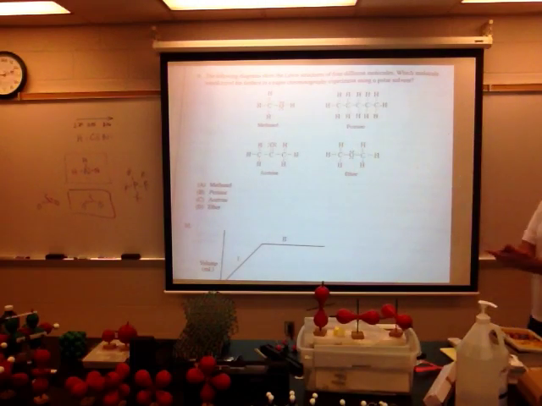As we're going through this Princeton review, this one is not in your version. It says the following diagrams show the Lewis structures of 4 different molecules. Which molecule would travel the farthest in a paper chromatography experiment using a polar solvent? If you have a polar solvent,